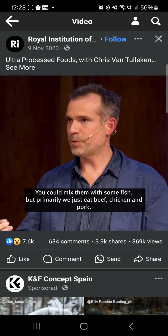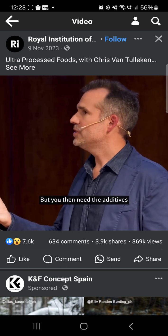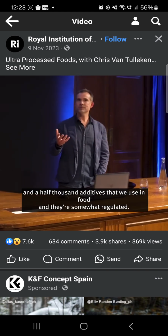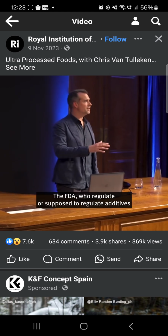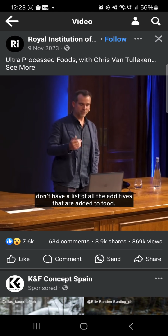You could mix them with some fish, but primarily we just eat beef, chicken, and pork. But you then need the additives. In the UK and in Europe, we have around 2,500 additives that we use in food, and they're somewhat regulated. In the United States, there are between 5,000 and 15,000 additives. No one has a list. The FDA, who regulate or are supposed to regulate additives, don't have a list of all the additives that are added